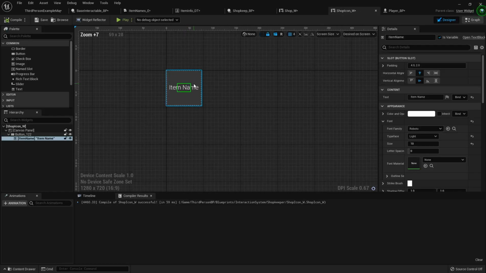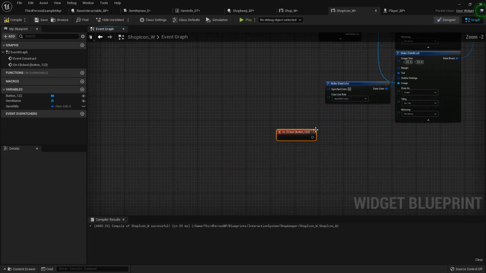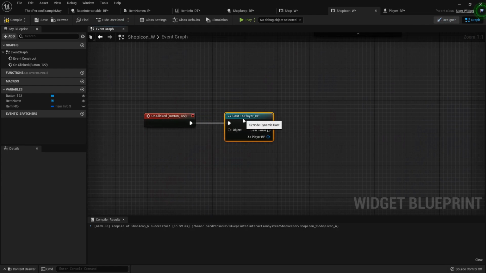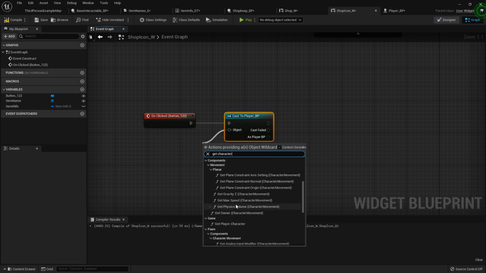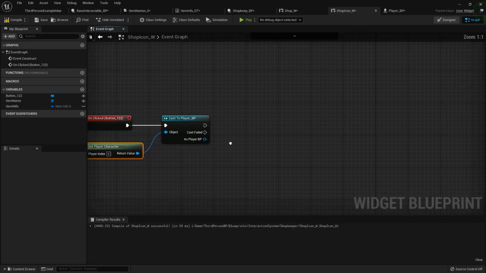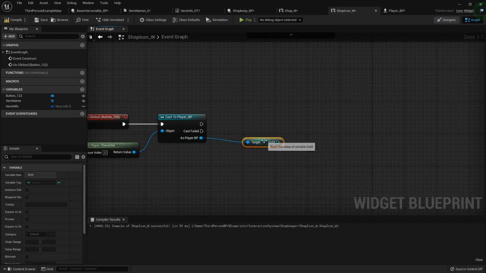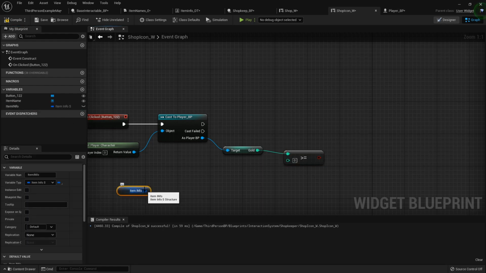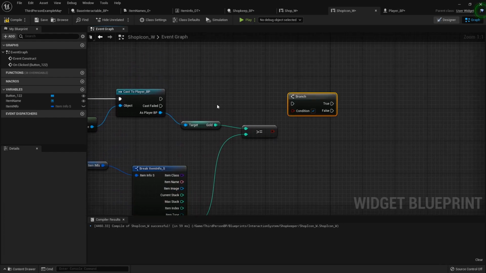Now, in the shop icon, we want to add a clicked event. So, I have the name selected. That's why it isn't doing anything. You have to click the button, and then on clicked, what we want to do is cast to the player. For the object, we will get player character. We don't have to set it as a reference. What we're going to do is get our gold and see if it is greater than or equal to the price of the item. I'm going to grab my item info one more time, break it open, and compare the price. I'm going to hit a branch,